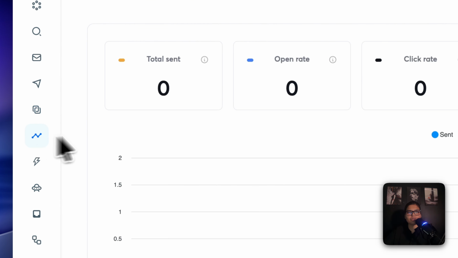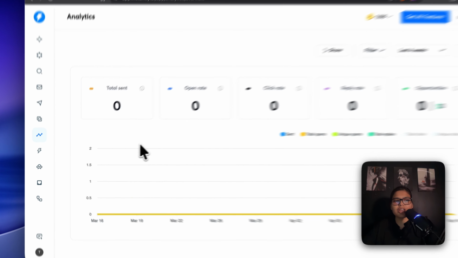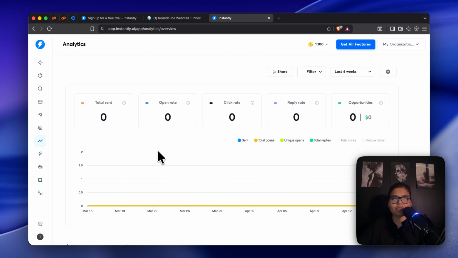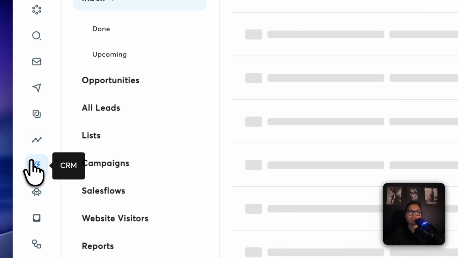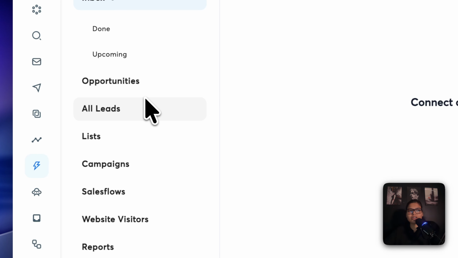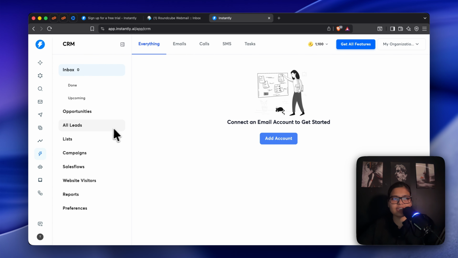Then go to analytics. You can see all the data of whatever campaigns you have sent, what's the data overall and all those. You have CRM. It's not super functional, but it's fine. You can use this to understand how many leads are in your account, what's the status, how many positives, and so on. You can see all those here.